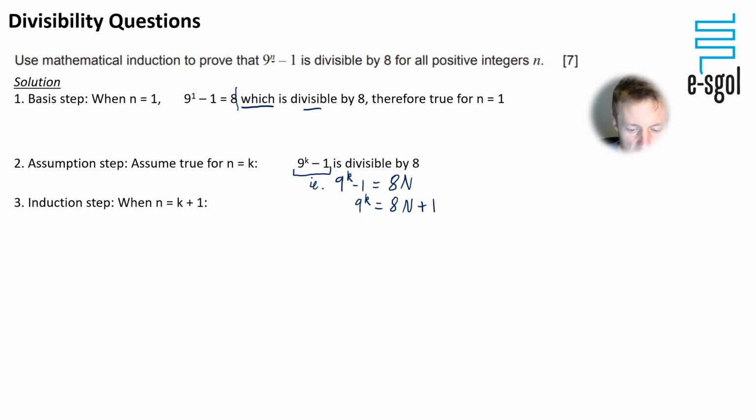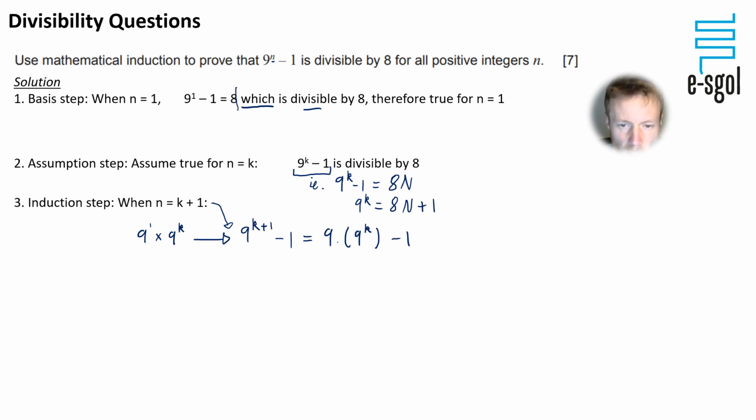For the induction step, I'm just going to do it down here, otherwise I'm going to run out of room. We change the k to k plus 1 minus 1. And then we're just going to deal with the index here. So 9 to the power of k plus 1, using our laws of indices, this would be 9 to the power of 1 times 9 to the power of k. That's what that is, isn't it? Because using your laws of indices, you add the powers. So what we're actually getting here is 9 to the power of 1, but I'm not going to write the 1, times 9 to the power of k